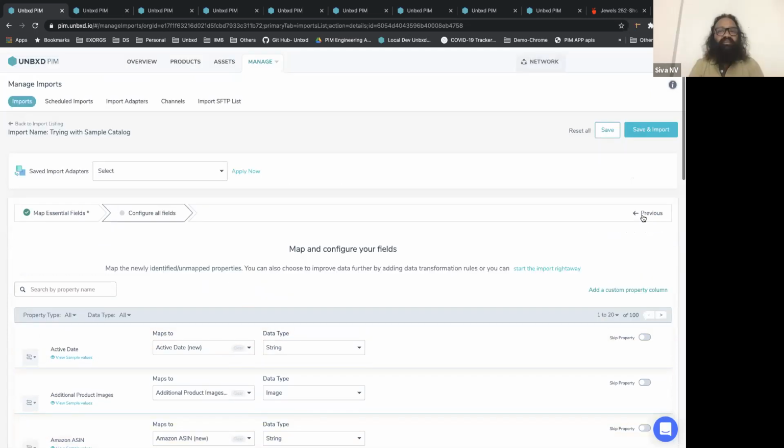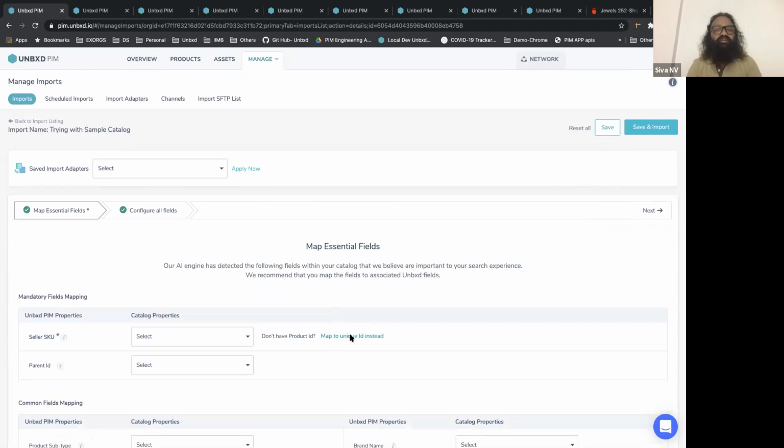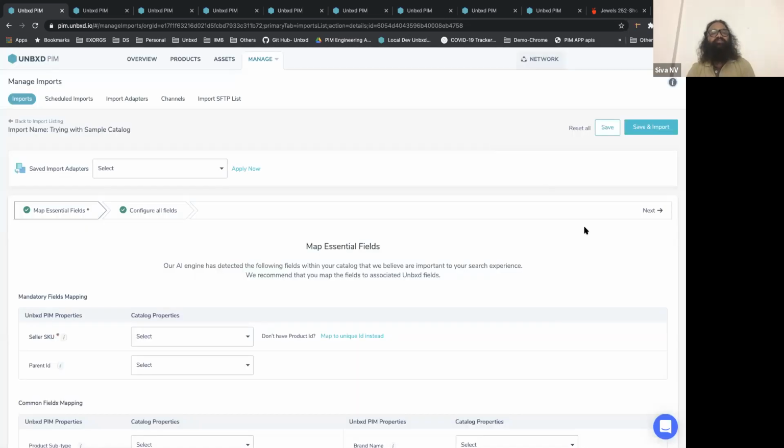And in case multiple vendors are sending the data in multiple formats, there is a need to deduplicate the products. We want to deduplicate the products based on UPC, because we are getting the data from a UPC store where entire product attributes are predefined, but within my business I define or call that product with a different ID. So I can merge the products based on the UPC or based on the MPN or GTIN, or if the system needs to create a new ID for a new product,